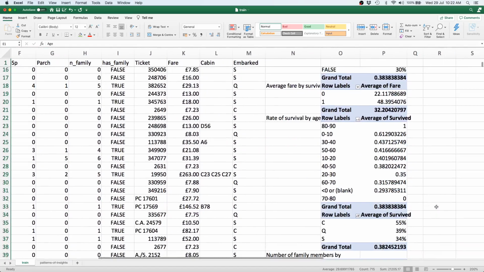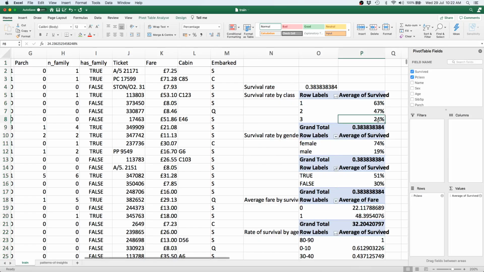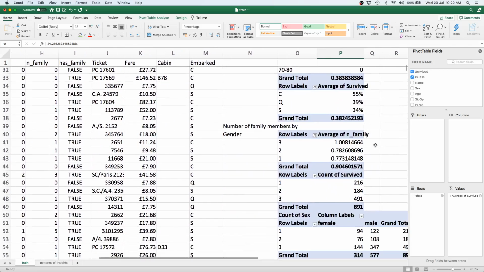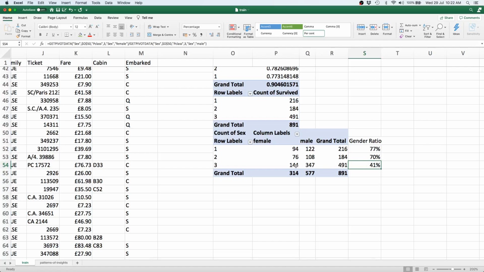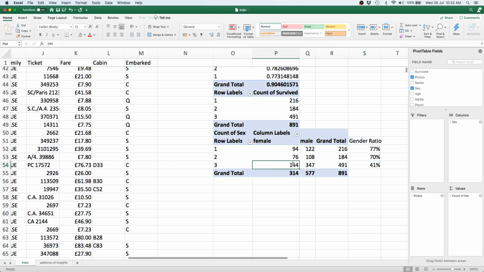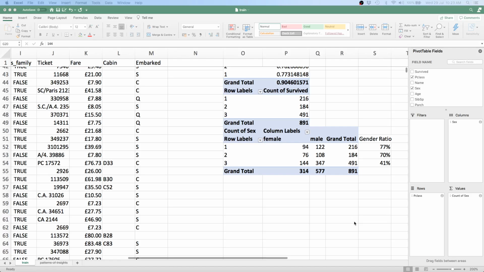So basically, so far we have seen that the survival rate of the third class is very low. One of the reasons why that could be happening is simply because their gender ratio is very low. If they had a high enough gender ratio, then it's possible that their overall survival rate could also have increased. So there we are, and let us continue with the questions.